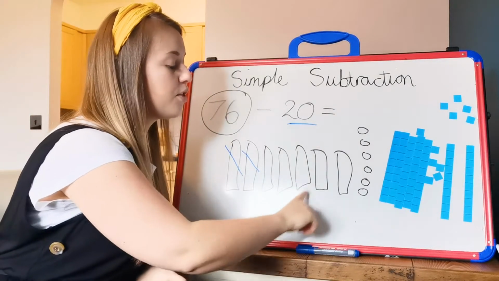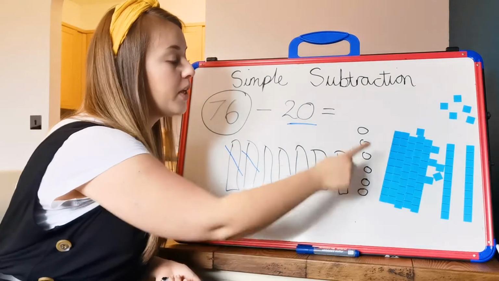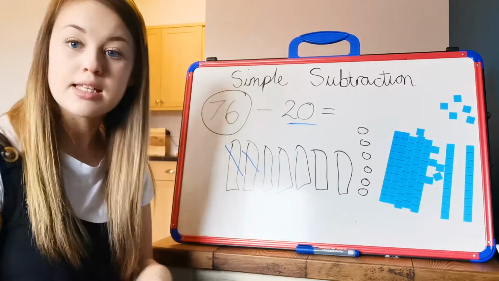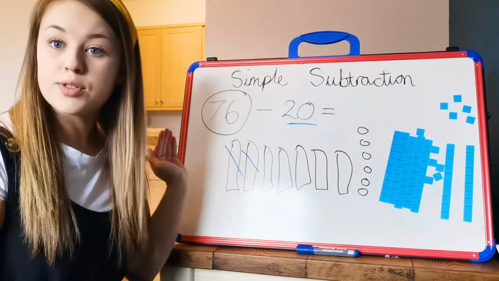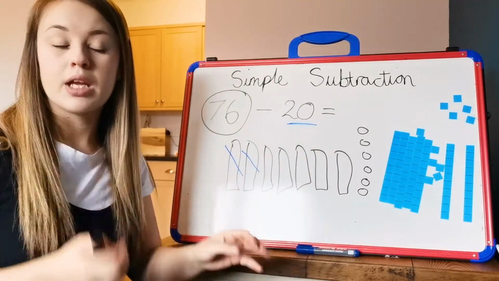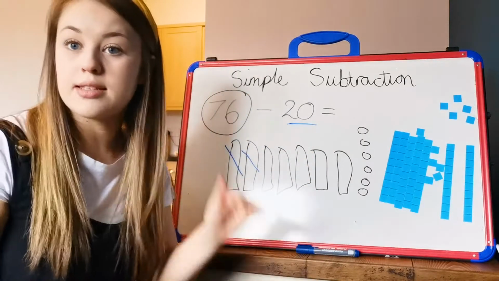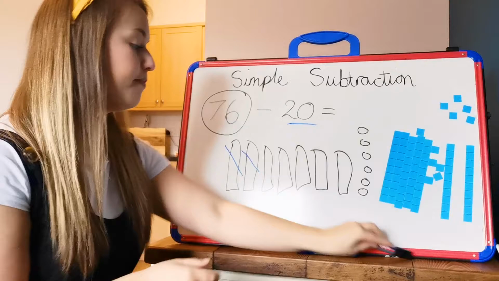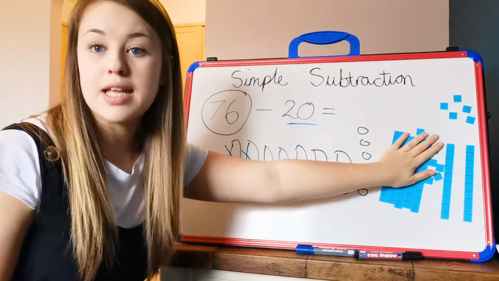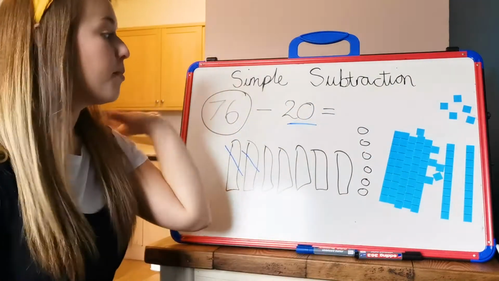So 10, 20, 30, 40, 50, 51, 52, 53, 54, 55, 56. I'm still taking these away because I'm crossing them out. They no longer exist in my number. So that's one way that you can do this, by taking your deans that you've drawn away. If you're going to do it with deans, then they can just physically take them, but I would really use